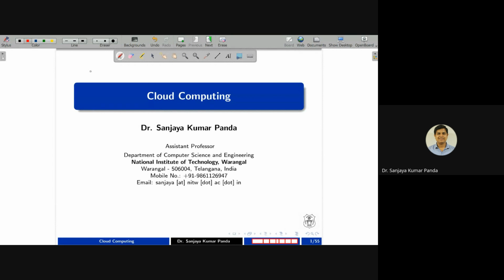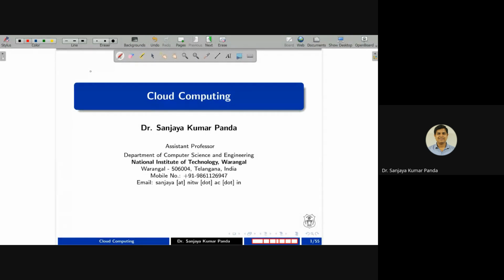So let us start the first session. In this session, I am going to tell you about the basics of cloud computing. In fact, this technology started in the year 2008, and we have almost 16 years in this particular technology. And this technology is very, very popular in comparison to other information and communication technology based technologies. Behind every technology nowadays, in the background, we have cloud computing.